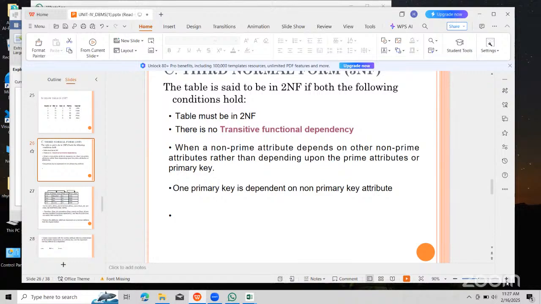Now 3NF అయి ఉండాలంటే it should be 1NF, 2NF. What is 1NF? It should have unique atomic values; each column should have unique values. Next, coming to 2NF, it should not have any partial dependency. Okay, is it clear, yes or no? Now